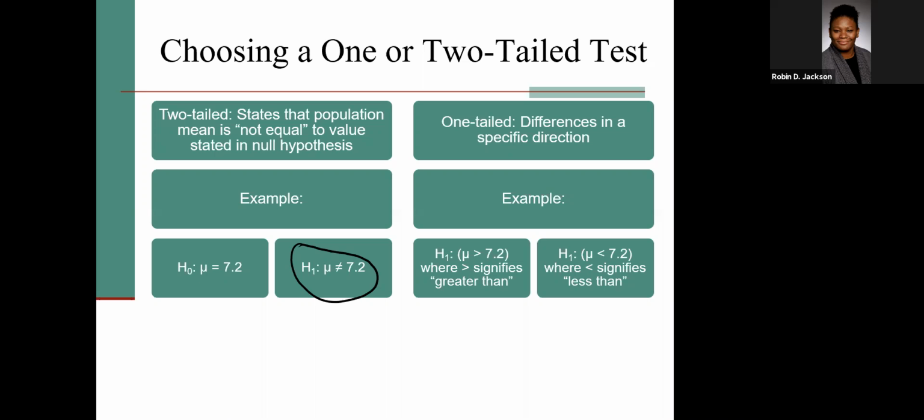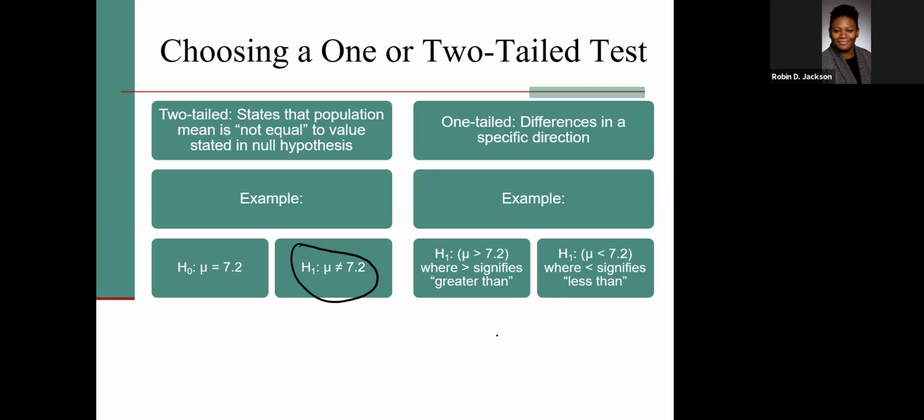Yeah, so in the second one, we're basically saying that the mean is not equal to 7.2, that there is a difference. The hypothesis is basically that the population of treated alcoholics is in fact different from the community as a whole, but we're not saying what direction. In the one-tailed test, it goes as follows. You would say that